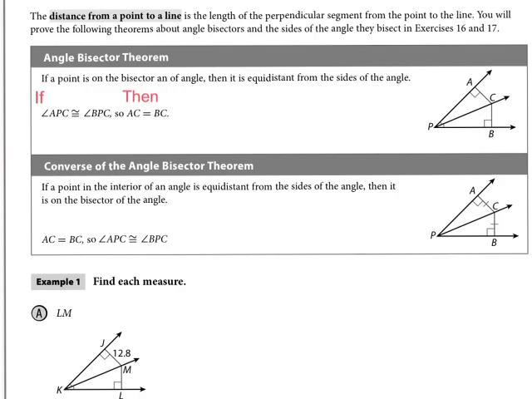Now, let's review what a converse is. The converse of any item or any phrase would be for you to switch the order of the statement. So, this statement starts with the angles and then goes into the segments being congruent. So, again, let's look at that. These two angles would be congruent, and that means that afterwards you know that these two segments are congruent. The reverse of that would be that